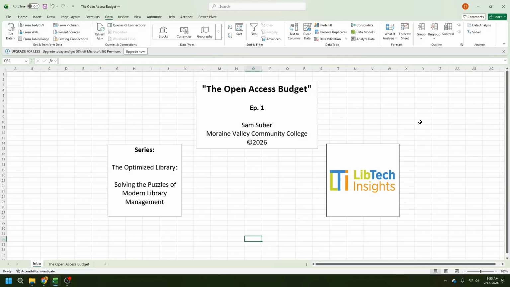Today, we're starting with a common heading, the open access budget. In academic publishing, impact scores are everything. But when you only have $10,000 to cover faculty fees across multiple departments, deciding what to fund feels like a high stakes gamble. I'll show you how a simple yes no binary model can maximize your library's total impact while